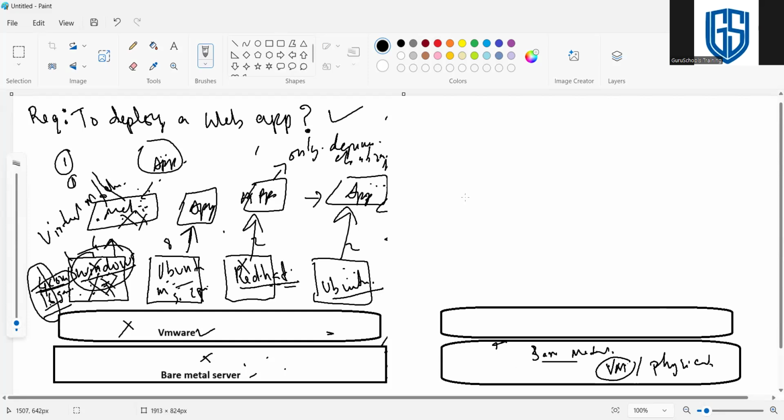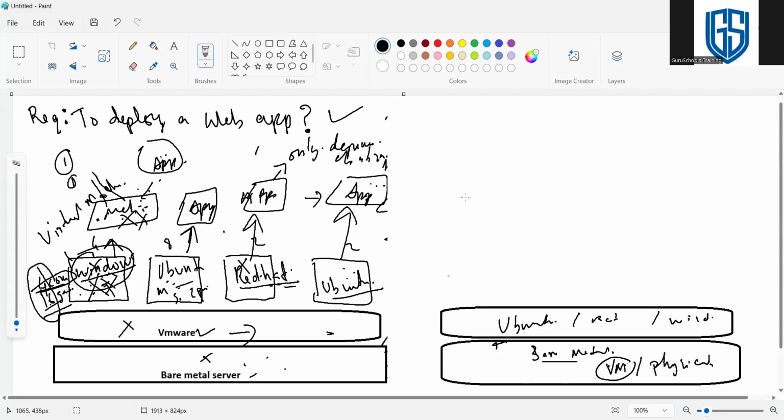So we have a physical or virtual machine, and on top of it we install not these types of virtualization tools. We install any operating system like Ubuntu or Red Hat or Windows, as per the requirement. So we have a machine, and on top of the machine, we install an operating system.